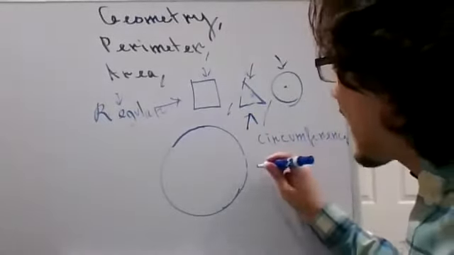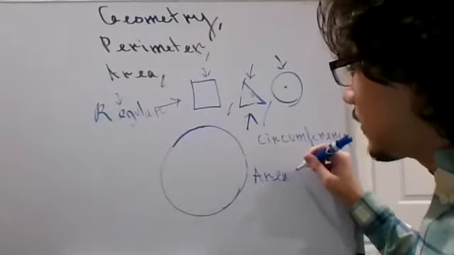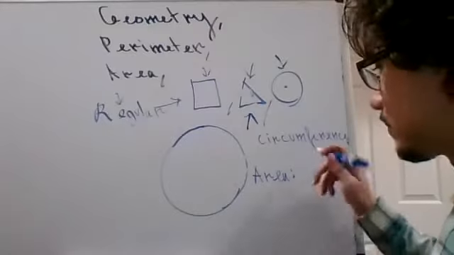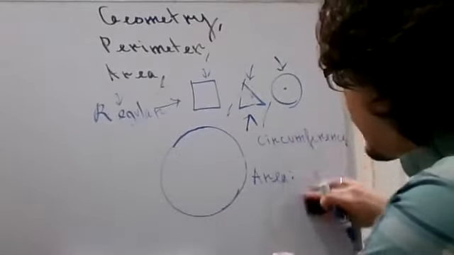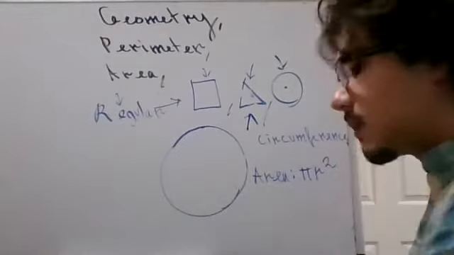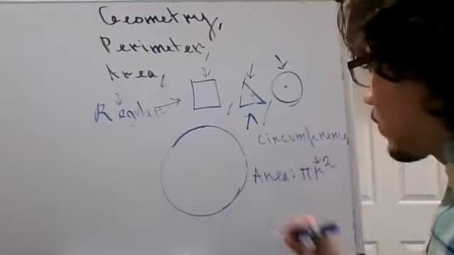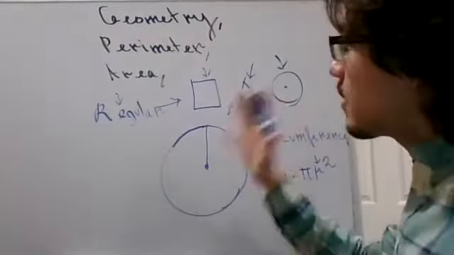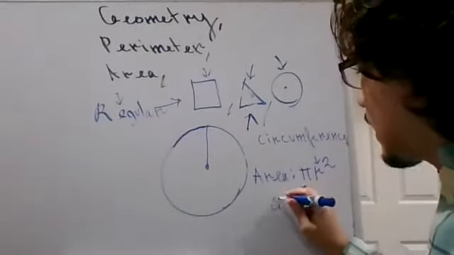Let's start with finding the area. Does anybody remember the formula for the area of a circle? Pi r squared. Perfect. Now, r represents the radius. So from the outside of the circle to the center is the radius, and pi describes the circumference